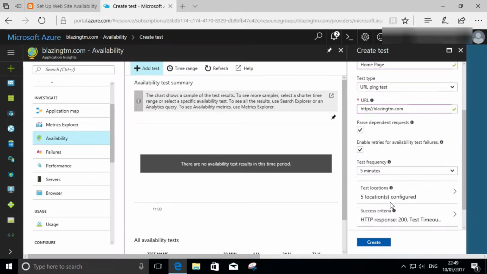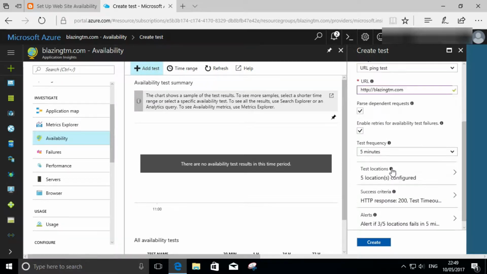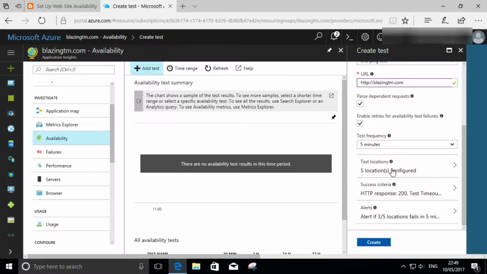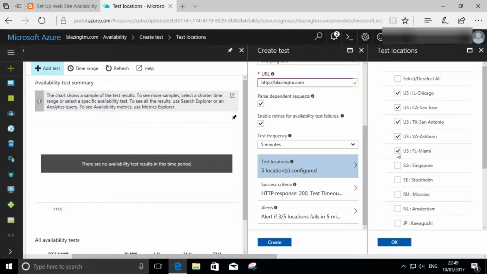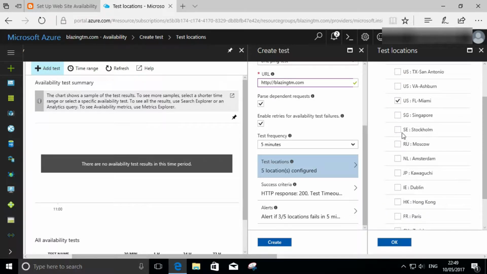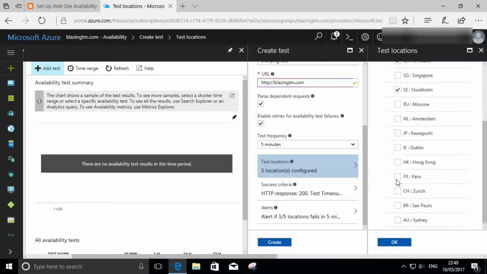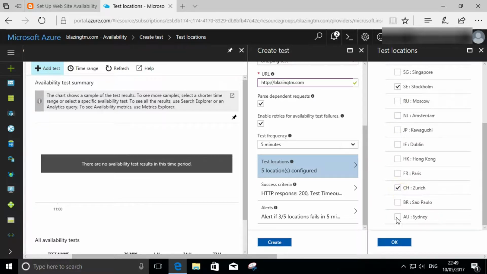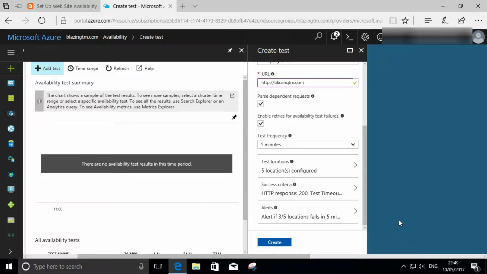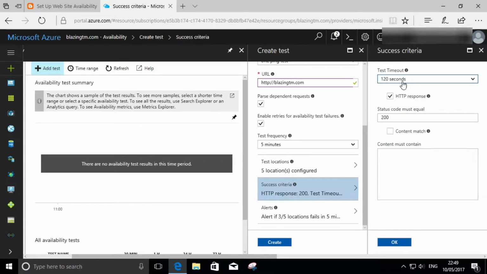and then we scroll down and select a test frequency and the locations we want to run the tests from. You can configure up to 5 locations. By default it's all the American ones. Let's untick a few and add a few across the globe. When we're done we click on OK,